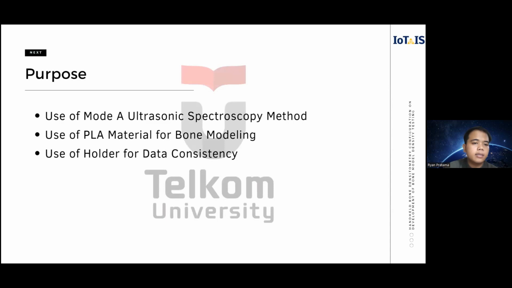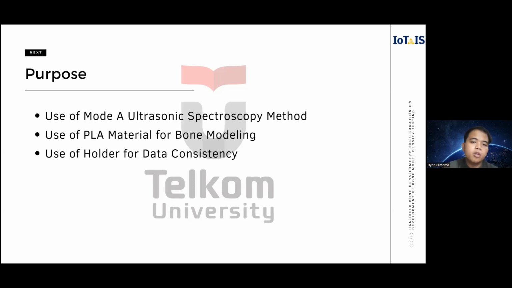Okay, next slide is purpose. Let's focus on the main purpose of this research. Why are we engaging in this research and what are we trying to achieve? The first step in our research objective is to consider the use of the A-mode ultrasonic spectroscopy method as an initial screening. Why did we choose this? Because first, this method allows for rapid and accessible screening. And then, it does not involve a high risk of radiation, making it a safe option for initial screening. And then it allows us to obtain relevant information about bone density efficiently.